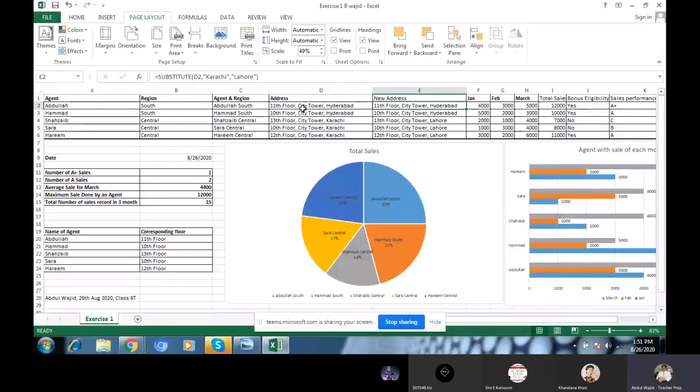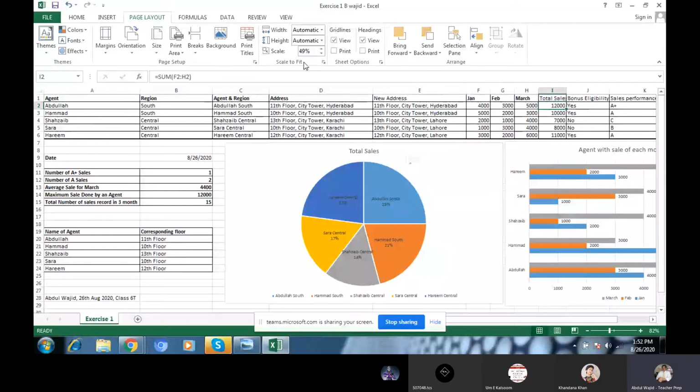After that, we are using equals SUBSTITUTE, right? Where the old name we defined, we change into Lahore. You see that Karachi is here 3 times; it changes with SUBSTITUTE. Just like when you are in school, we substitute the teacher if the teacher is absent, right? Just like that, substitute. Okay, now we will go further.